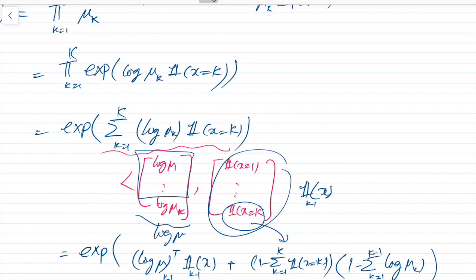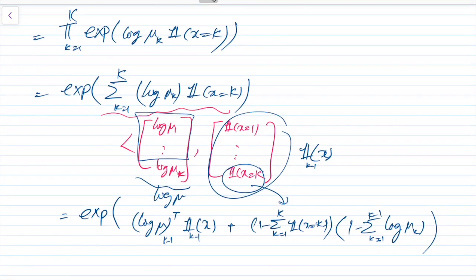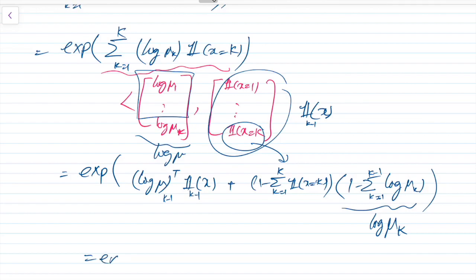The last one is just like 1 over the rest of them. Okay, so if we work this one out, in fact, this is log of mu k, right? The last one. Okay, I can write it down as exp of